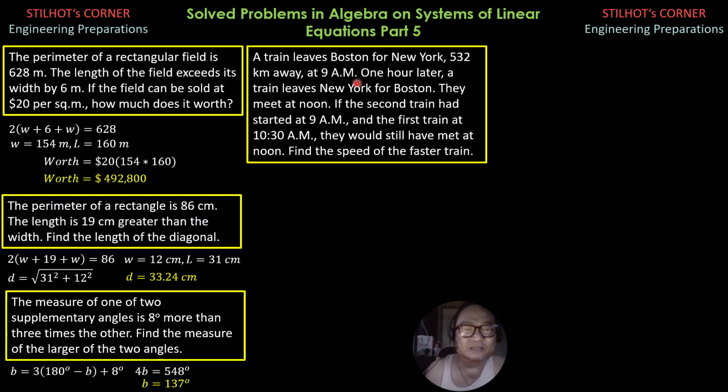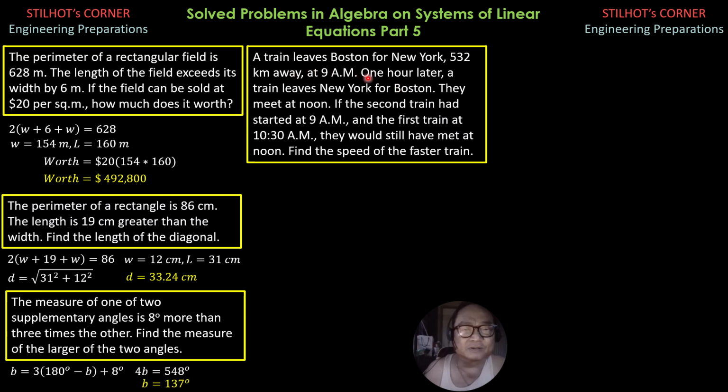So we will denote the speed of the train coming from Boston going to New York as v sub b, and the speed of the train coming from New York going to Boston as v sub n. So the travel time of that first train, from Boston to New York, is 3 hours. That's the difference between 9 a.m. and 12 noon, while the travel time of the train coming from New York going to Boston is 2 hours